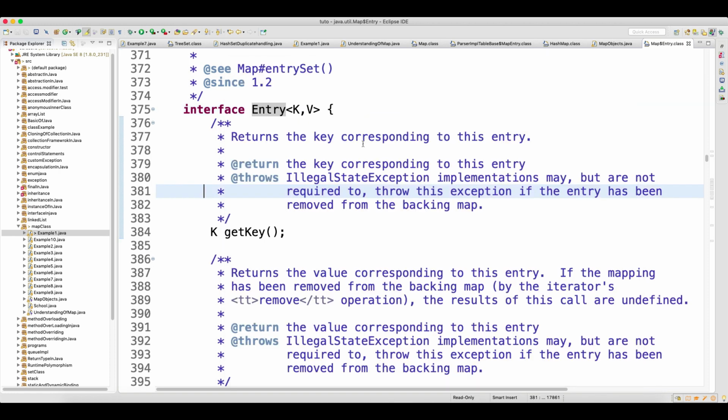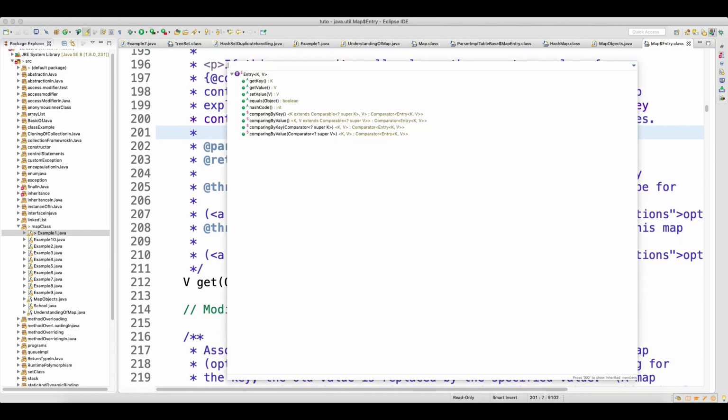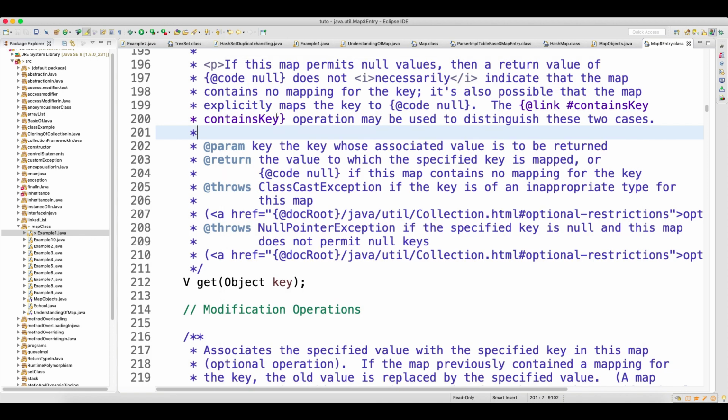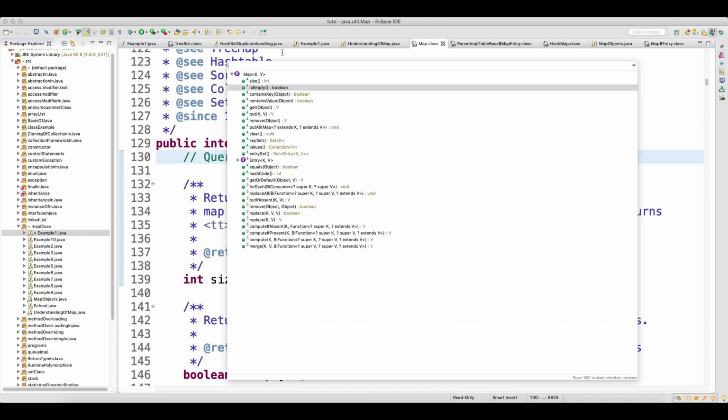Why am I trying to show you again and again, scrolling up and pressing Ctrl O? This is the key-value. Then go to the map class and do Ctrl O. Map has this many methods, as well as another interface called entry. Focus here guys: map entry comes inside map.